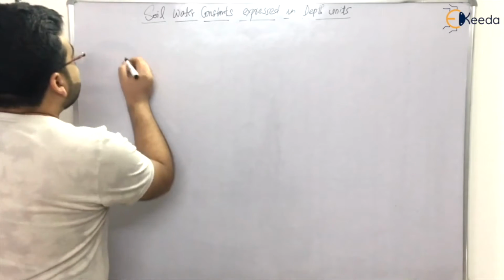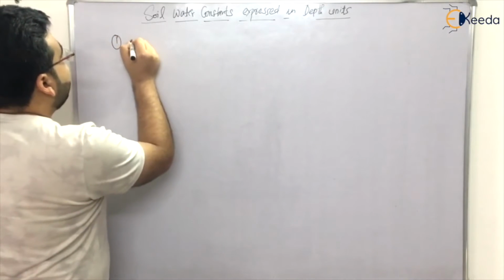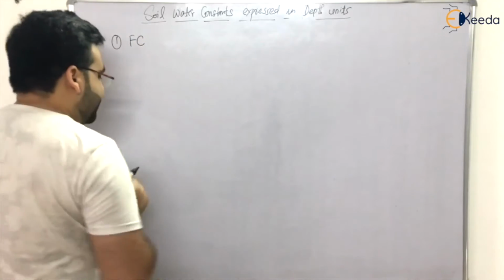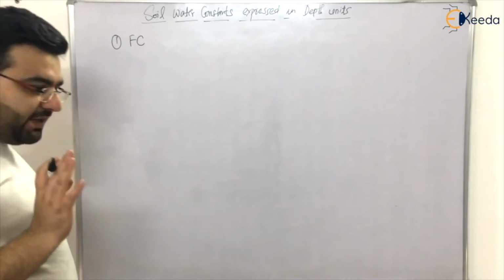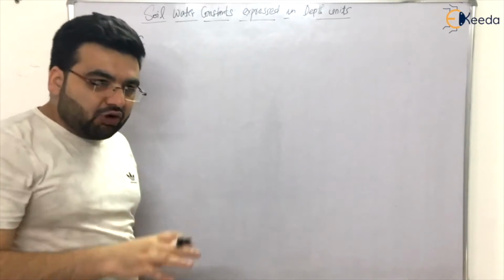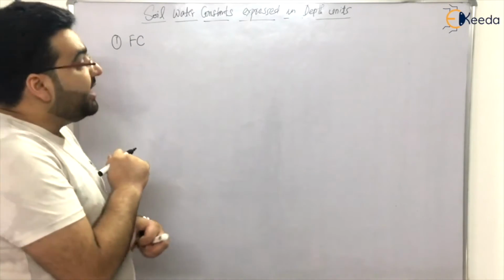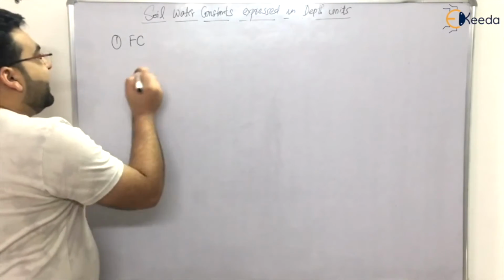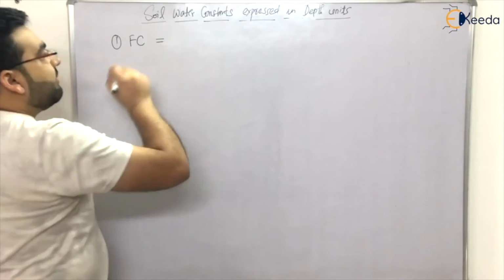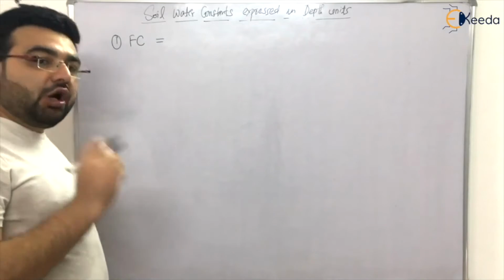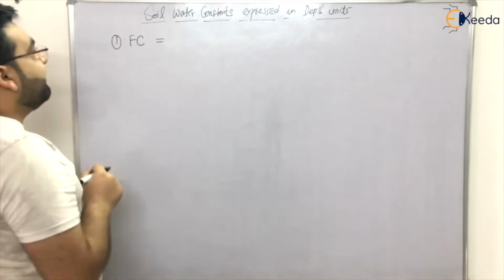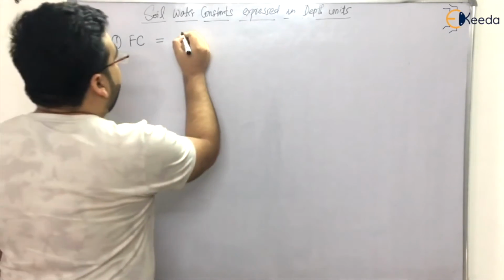So first of all, let me explain the field capacity. I have already explained that the maximum water content a particular soil sample can hold is known as the field capacity of that soil. Now field capacity also has a formula. The formula for field capacity is the weight of water